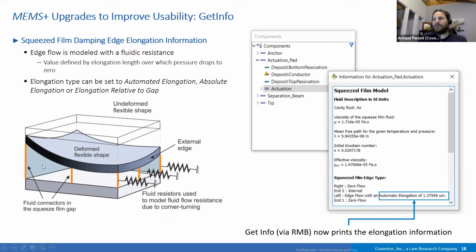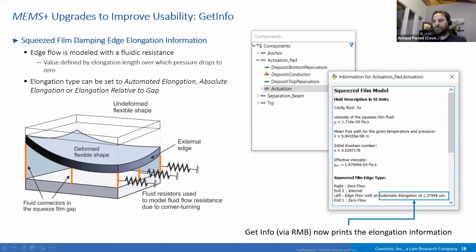The edge can be set to be internal. It's when this edge is here because you split the model in different plates, but it basically means that it's connected to another plate and there is a flow and the pressure is shared between the two models. Or it could be an open edge. An open edge in fluidics for MEMS is modeled with a fluid resistor. At those dimensions, there is a kind of transition distance that is modeled by the elongation, and basically a fluidic resistor modeling the fact that the atmospheric pressure is not directly at the edge, but at some distance.